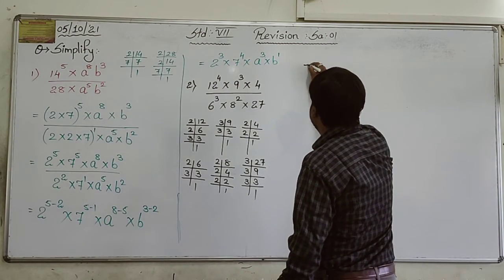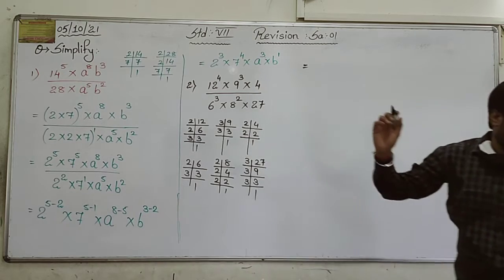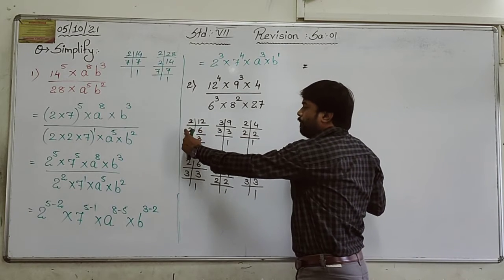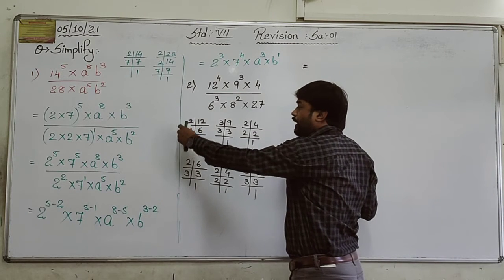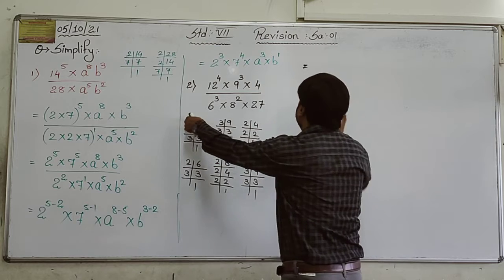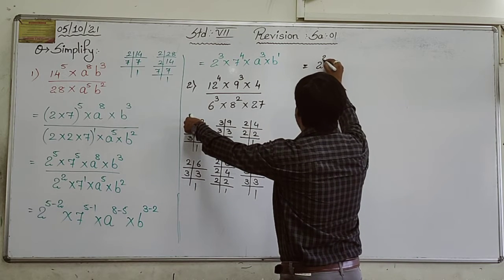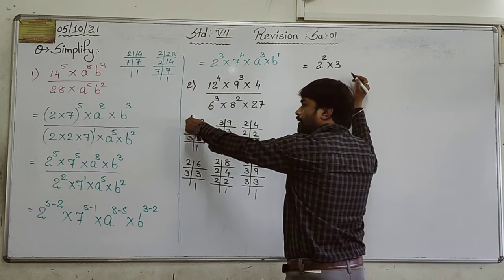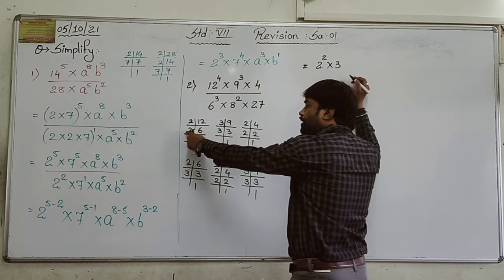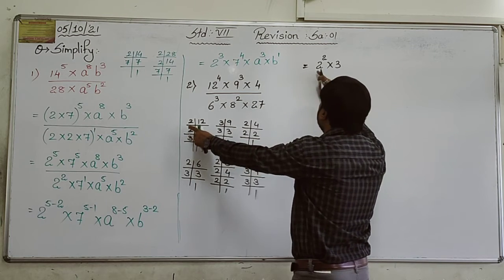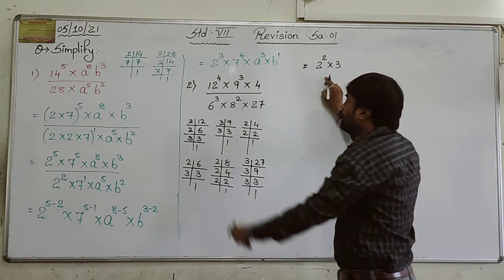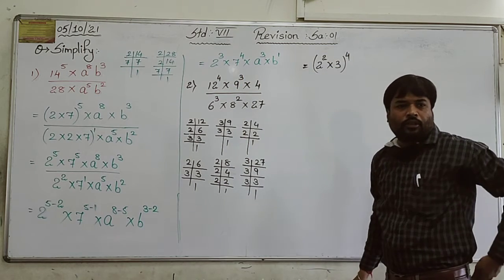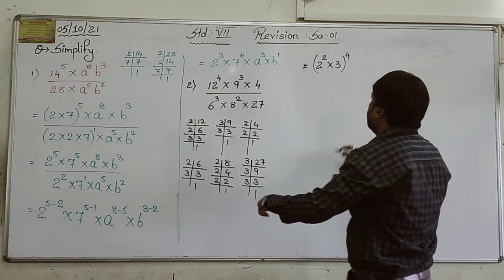So that is equal to, now instead of 12 what I am going to use is 2 multiplied by 2 multiplied by 3. 2 is repeating how many times? 2 times. So that is 2 square multiplied by 3. Is it so? Can I do it like this? Yes, we can. Because 2 is repeating 2 times. So 2 square multiplied by 3, whole raised to 4. Do not forget the power. Whole raised to 4. Okay.